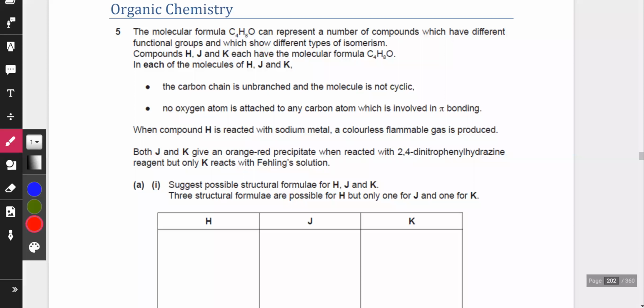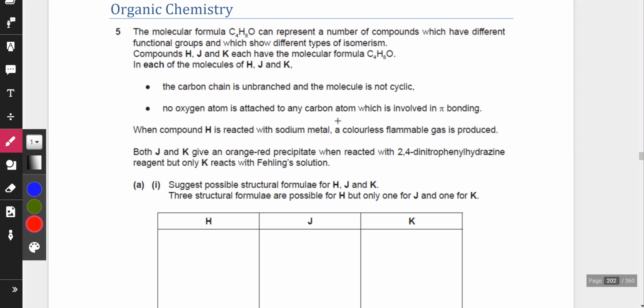Now, this first question states that there is a thing called C4H8O, and it can represent a number of compounds which have different functional groups and which show different types of isomerism. Compounds H, J, and K each have the molecular formula C4H8O. In each of the molecules,